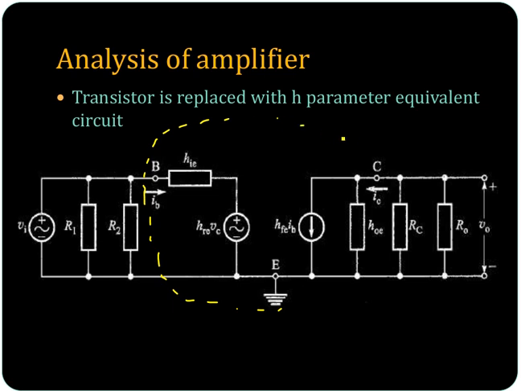The transistor in the AC analysis circuit is replaced with this H parameter equivalent of the transistor. So there you had shorted the DC sources, then you found these R1, R2, that is the potential divider circuit, the resistors R1 and R2 to be in parallel to the input source, and RC and RO are coming in parallel when we short the DC source and short the coupling capacitors and our emitter bypass capacitor.